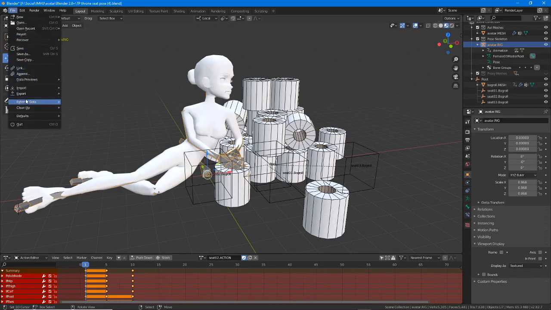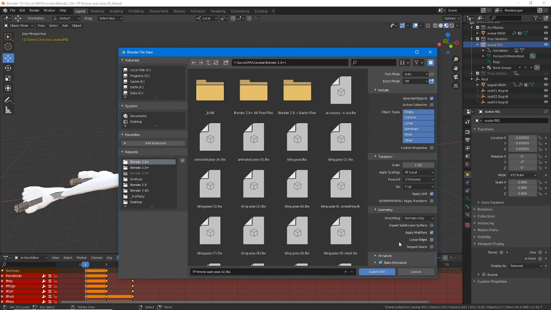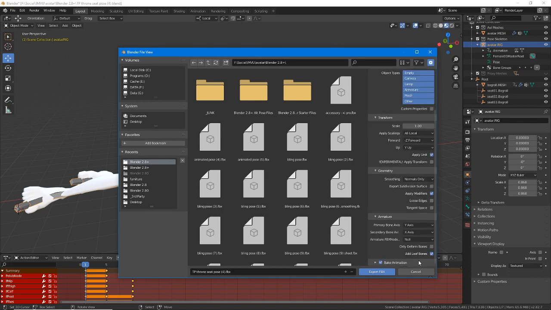So File, Export, FBX, Selected Objects, Apply Unit, that's fine, Geometry, that's fine, we can leave that, Armature, always disable, always, always, always, Add leaf bones,